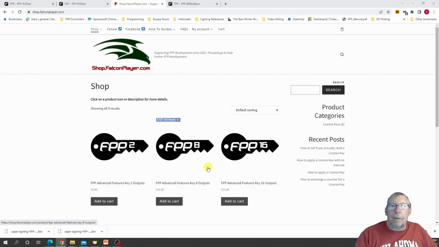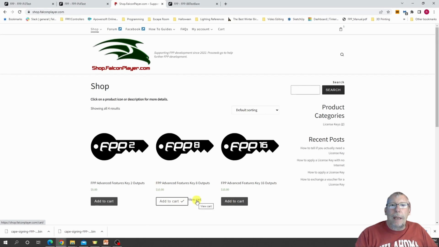So it's a 4-port. I could buy 2 2-ports for $10, or I could buy an 8-port for $10. It's the same price. And if there's at some point down the road that I need 2 additional ports on this controller, then I'll have it. But you could do either one. So we're going to add it to the cart.